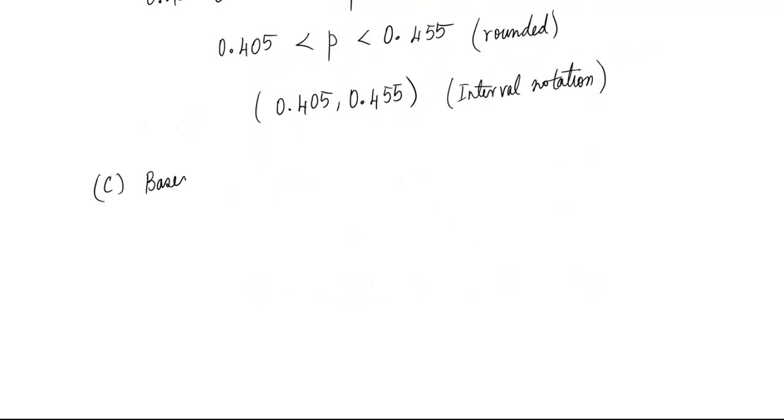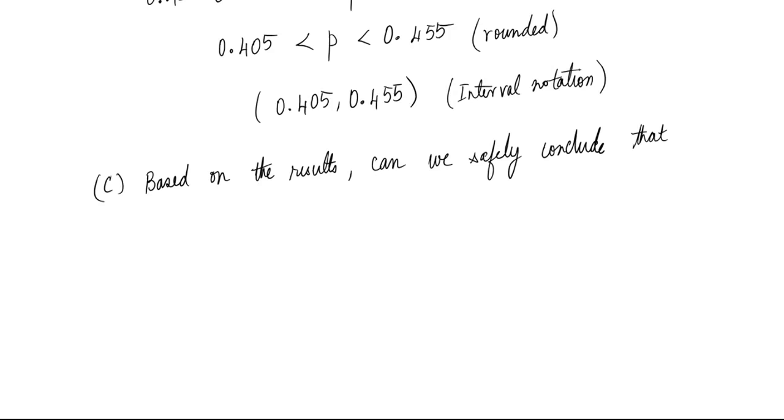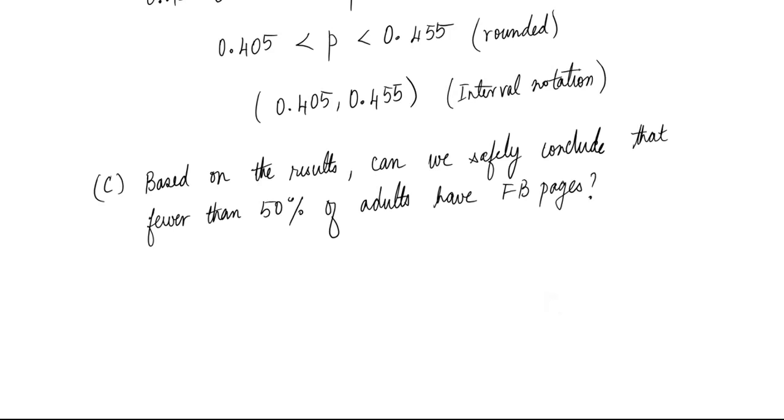It says, based on the results, can we safely conclude that fewer than 50% of adults have FB pages? That's a question. And then they're asking you to write a brief statement